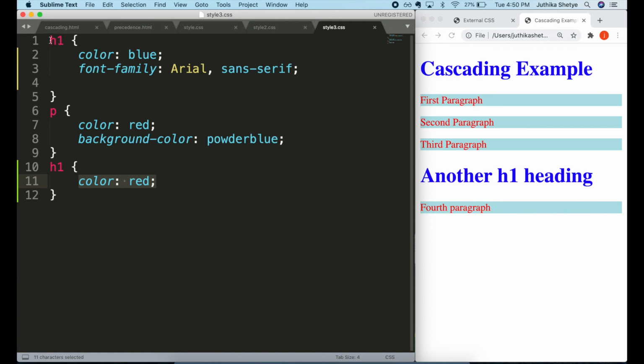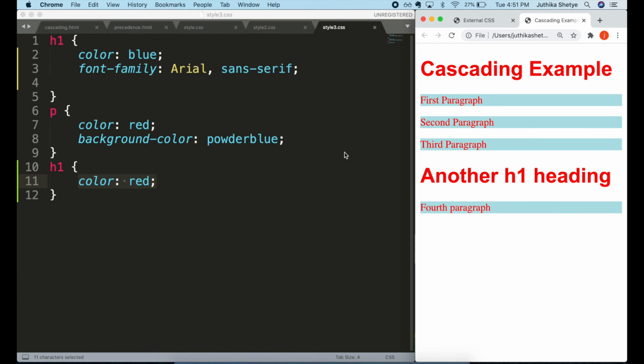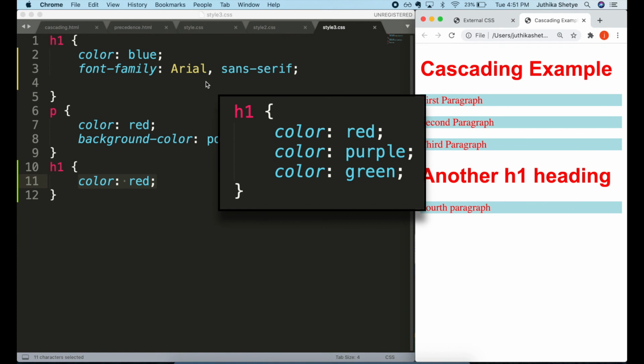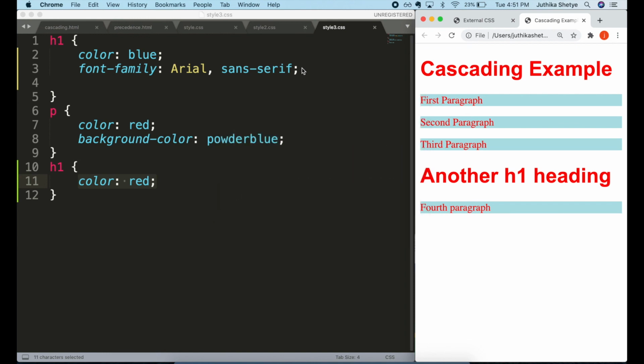How the browser is going to look at this is, it's going to start reading from the top to bottom. And when it sees another set of rules for the same element, it's going to go ahead and apply those. It's just always going to use the last one it saw. So in this case, the H1 gets the color red. The font is still Arial, as we did not change that. Same goes for writing multiple rules with the same properties inside the same declaration block. The browser always uses the last one it sees. There is, however, one way to override this.